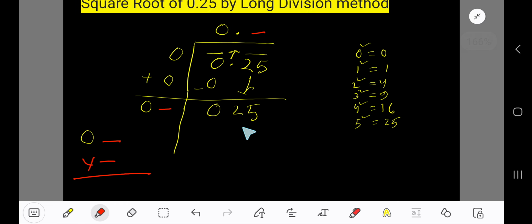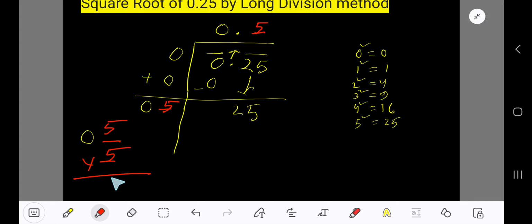Okay. So look here. Here you have 25. This 0 doesn't have any value. 25. So this 0 also doesn't have any value, because you need to place here a digit. If you place here 5, then what will happen? Look,